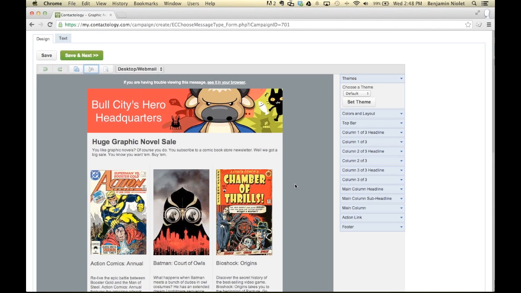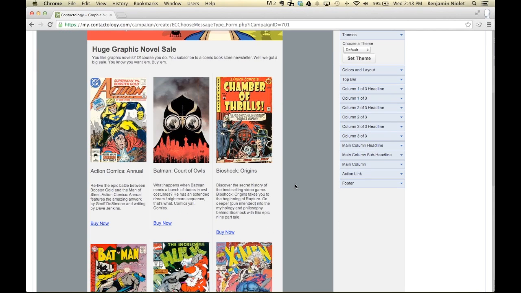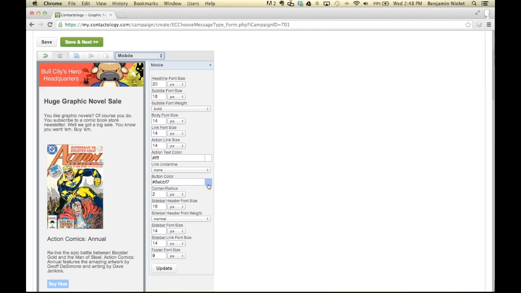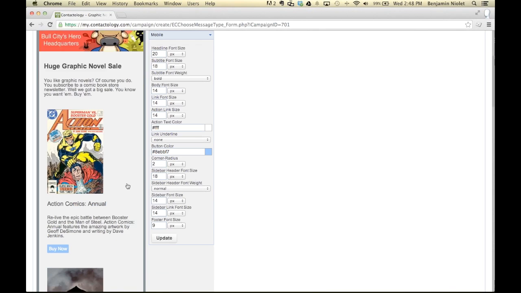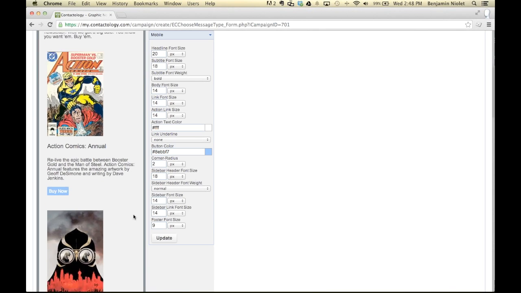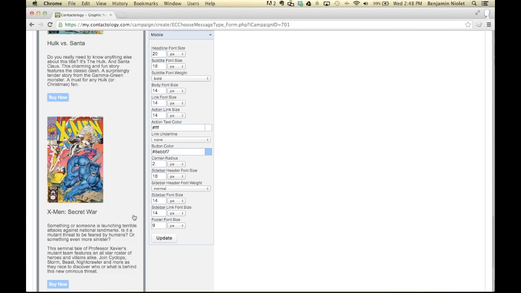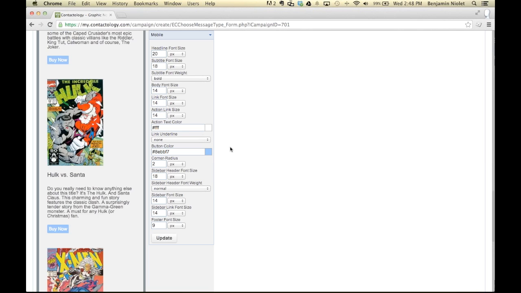And you can imagine on a mobile device what a nightmare this layout would be to read the text and to click on the links and engage with it. So predictably, the mobile version is a long scroll. Our call to action is a buy now button, and the user is going to be able to go all the way down and get a hold of that Hulk versus Santa